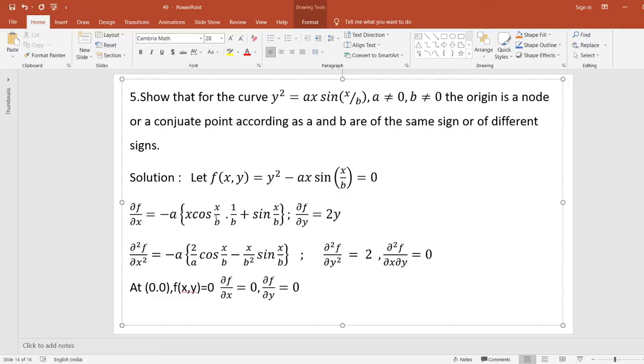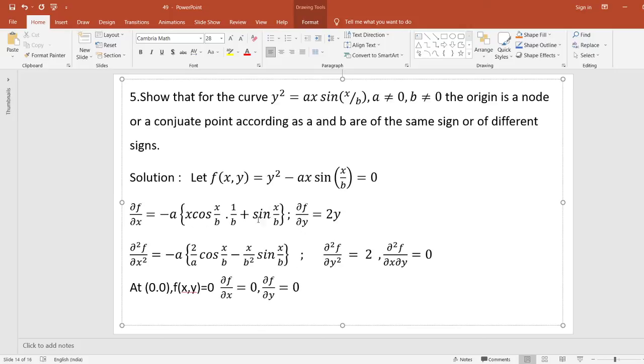Look here. Again there are 2 terms, right? What we have, 1 by b is a constant, x into cos x by b, cos x by b first function into differentiation of first function. Look here, cos x by b into 1 by b, that is, 2 by a minus x by b square, look here, into sine of x by b,